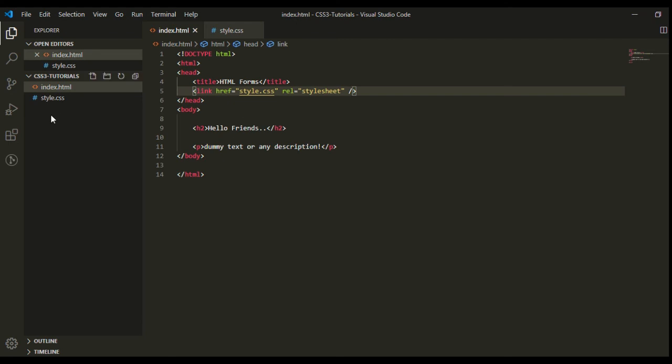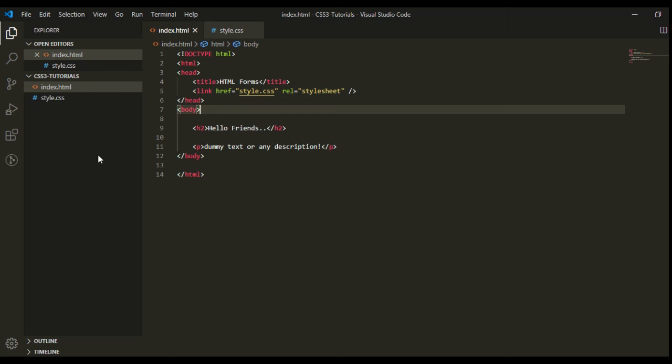So what is the benefit of an external style sheet? Suppose you have multiple HTML pages in your project, like 50 or 100, and you have written your styling in the embedded method or inline style. Then if you have to make some changes for the font color, font size and other properties, you have to change each and every HTML page. It will take a lot of effort to make the changes on all HTML pages.